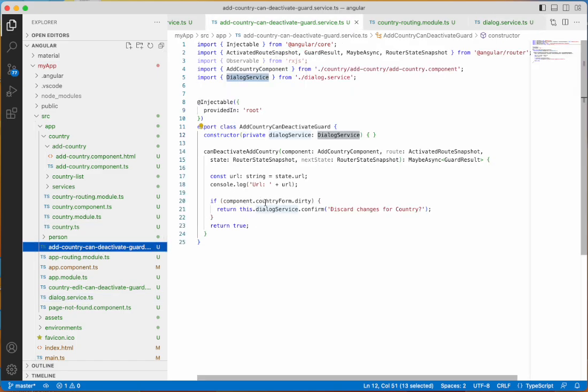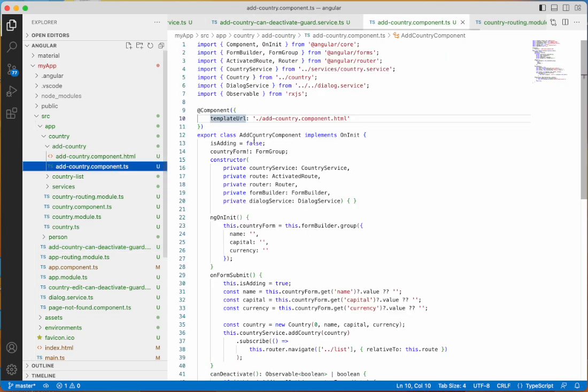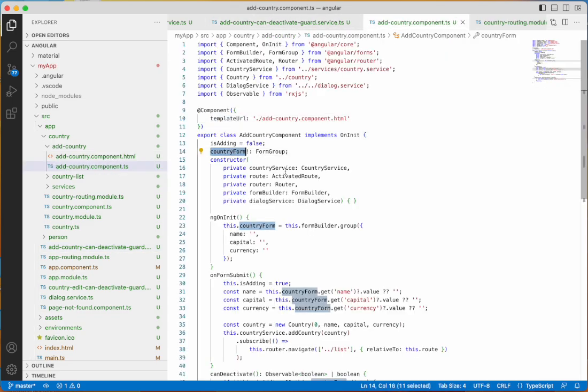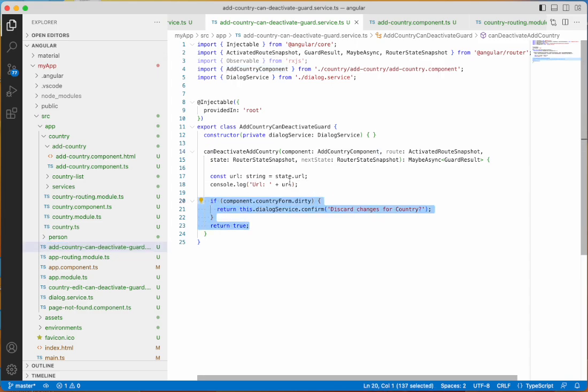So I'm checking whether the form is dirty or not. countryForm is a form group inside the add country component. countryForm is a form group that I will check whether it is dirty or not. On this basis, I will return true or false. The canDeactivate add country method is being called by